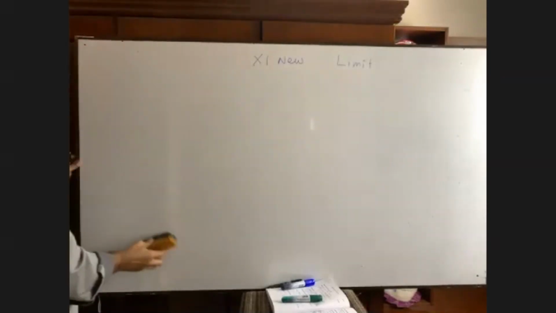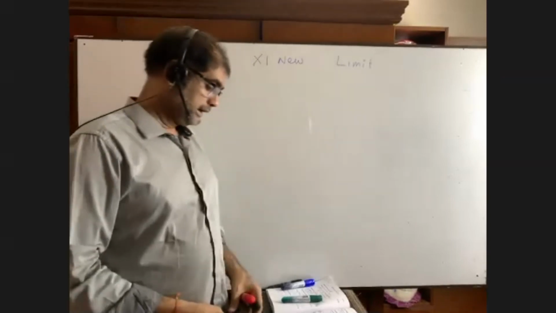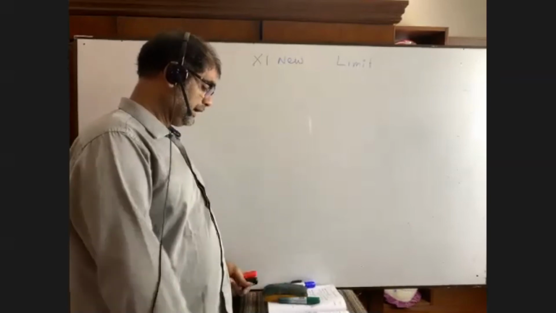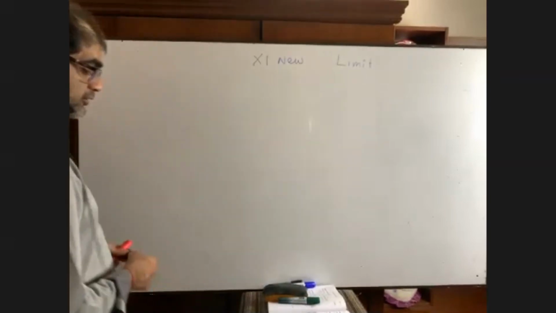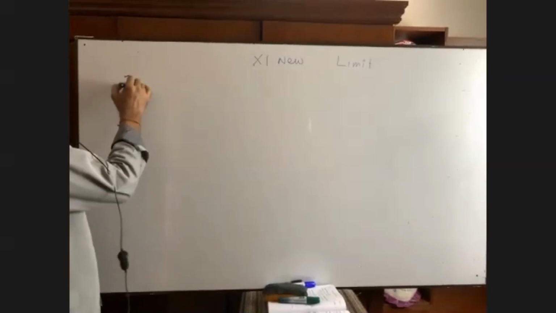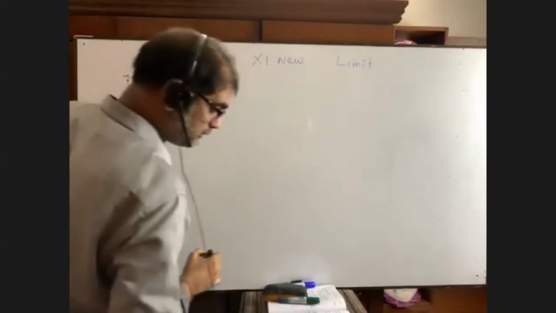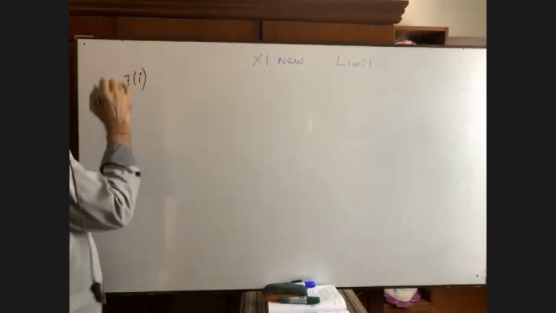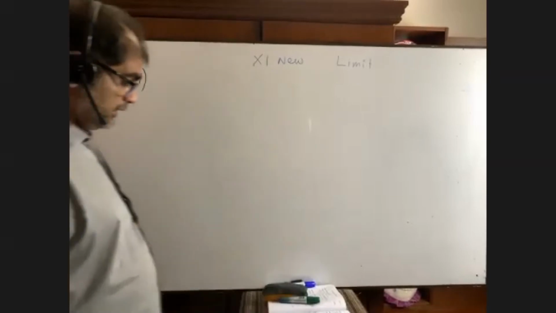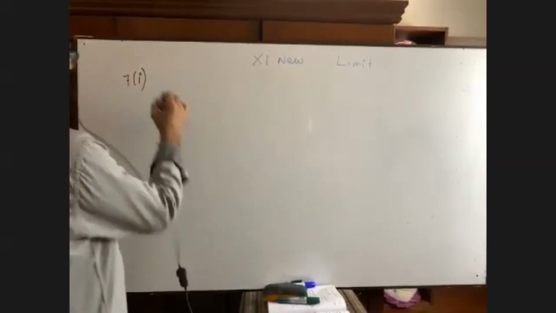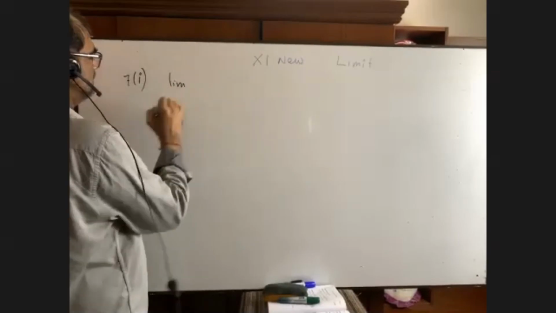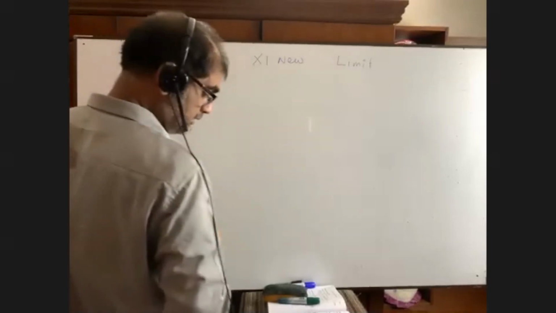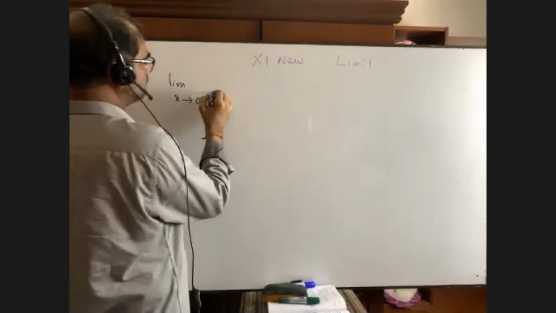Now, from now onwards, I am going to a totally new dimension. Okay, wholly and fully new dimension. You please try to understand. Question number 7.1. Oh, that was question number 6.3, the previous math. It is 7.1. Limit x tends to 0. Very easy math, but new dimension. Limit x tends to 0 of tan x by sin bx.